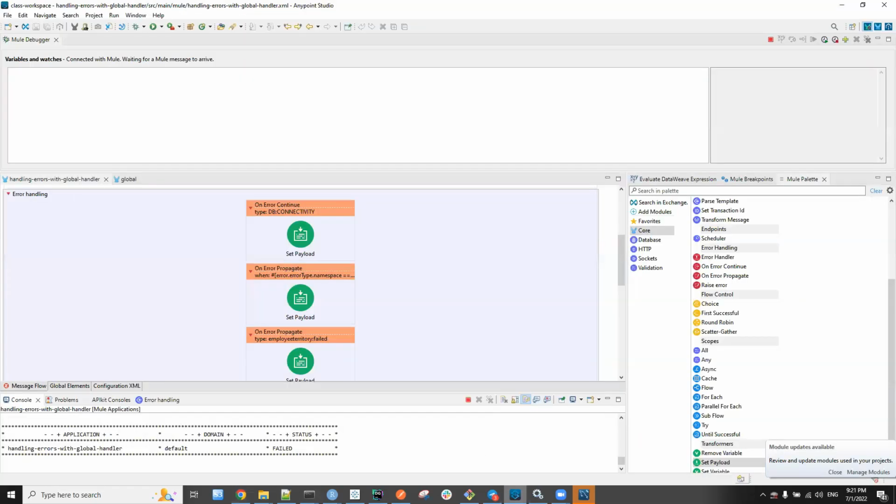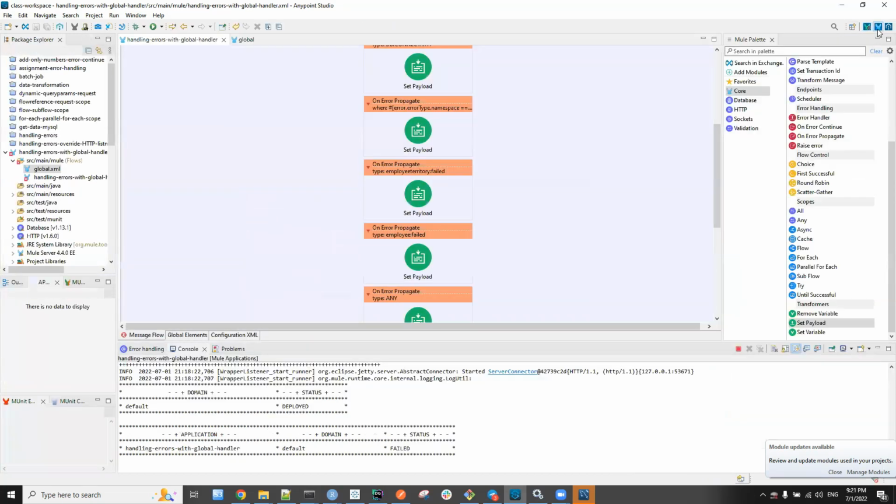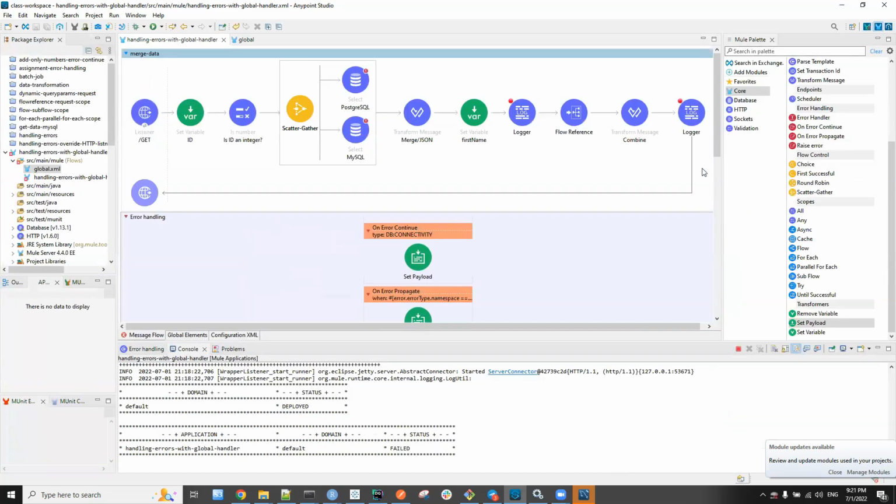So this one, let's see, okay, yeah, probably this one is related to the version of the Mule runtime. I will check that and let you know tomorrow, but it should work. We should get a workaround. But what should happen in this case is, anyway, at least we can talk about the theory.